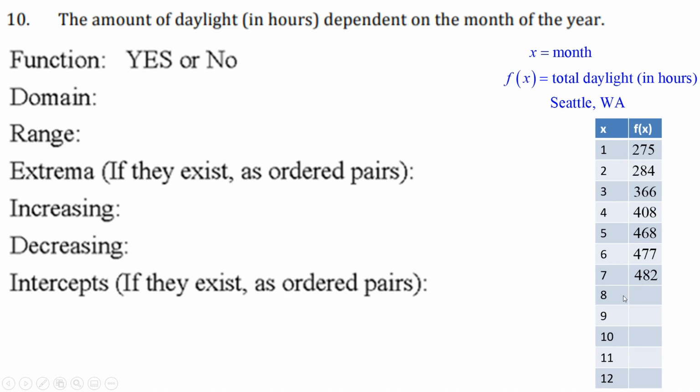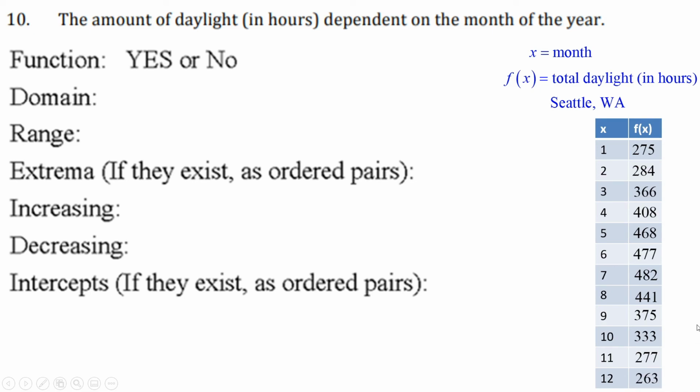Then I think we get to August, and I think it's in August where the days actually start getting shorter. Let's see. Yeah, 441 hours of daylight. September, 375 hours. October, 333 hours of daylight. November, 277 hours of daylight. And December, I believe that's the month where we have the least amount of daylight in Seattle, Washington, and